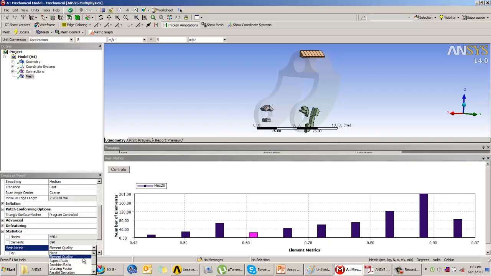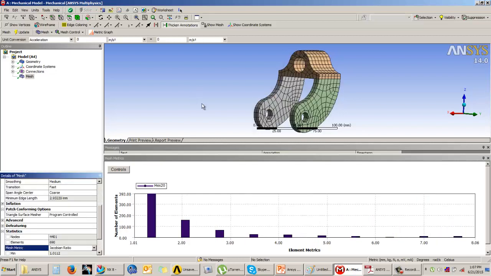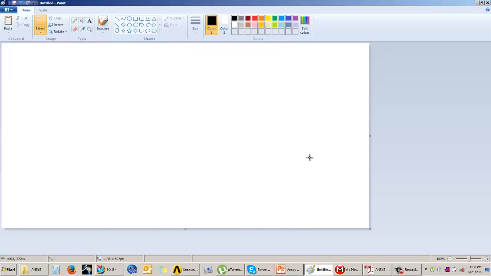Then you can also check the Jacobian ratio. Now in Jacobian ratio, if the value is 1, it represents a perfect shape. But as the Jacobian ratio increases, the shape of the element starts distorting. That means if you have a triangular element, let us say you have all triangular elements, a perfectly equilateral triangle will have a Jacobian value of 1. But as the Jacobian value increases, for example,